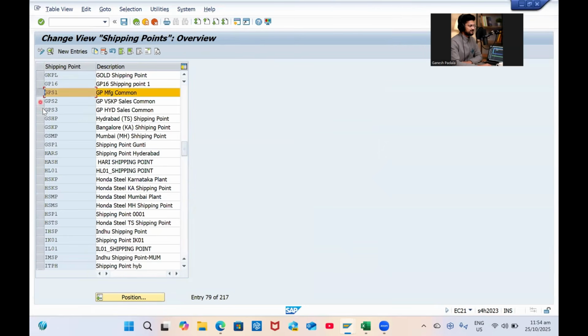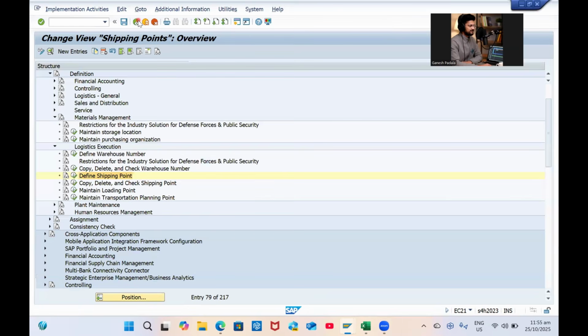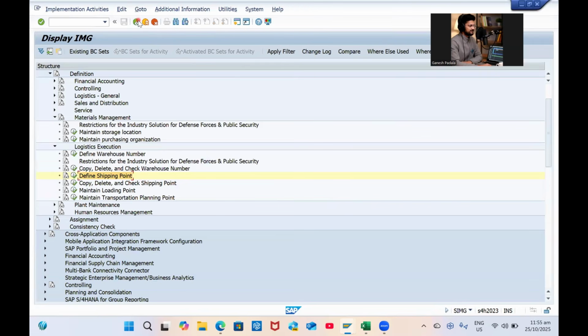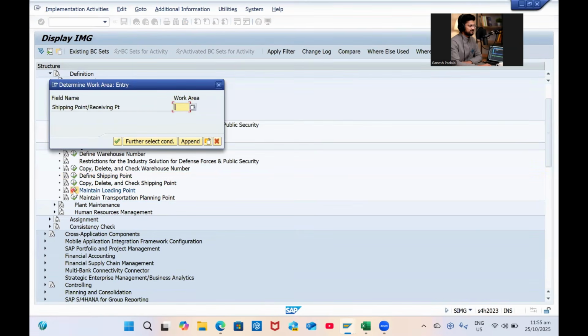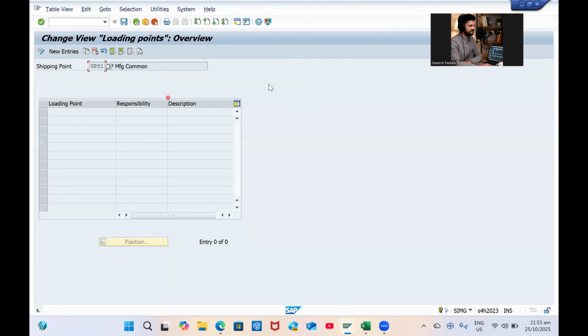Good. 3 shipping points are created. I'm not going to create too many shipping points. In real time, you may create many shipping points at storage location level. If you watch any of our videos about shipping points, you will get better knowledge. Loading point, transportation planning point, shipping point is GPS1. You can have one loading point,